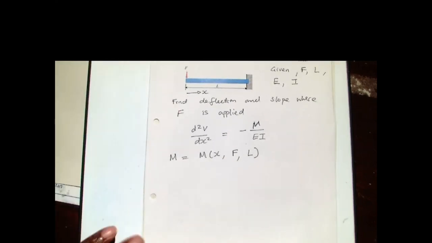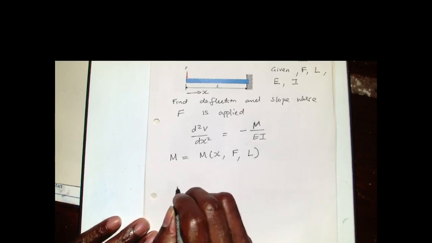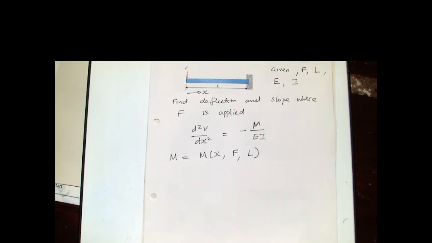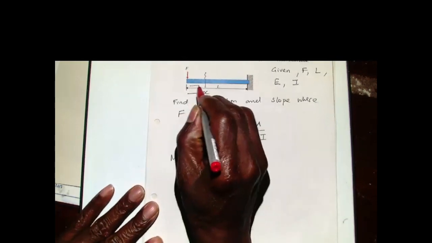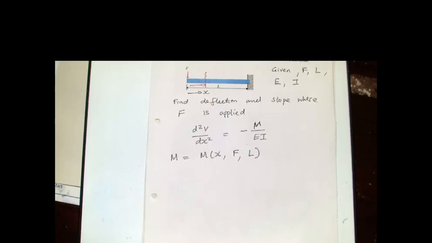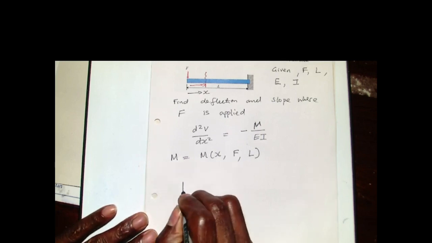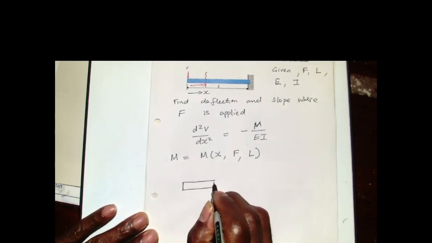So I'm going to start now and draw my free body diagram. I'm going to just take any distance x. The way we do it is that you take any distance x from the load. So that is any arbitrary distance x. So we make a cut. We put aside what is on the right. We look at what is on the left. So if we were to do that, I will have